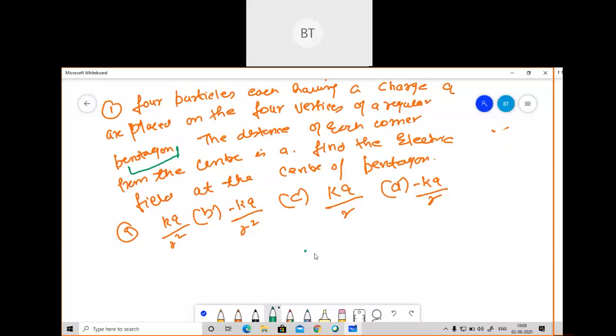All four options are given to you. See, four charges are there in the pentagon. Four sides are given as a cube, one side is not given. If all the five charges are placed on these vertices, then the electric field should be E equal to zero at the center. If the value of the fifth charge is given in the question, the electric field will definitely be zero. So please use your brain and tell me. It's 10:09. In 30 seconds, if you have got the answer, you can write in the comment box, or I'll solve this problem for you.